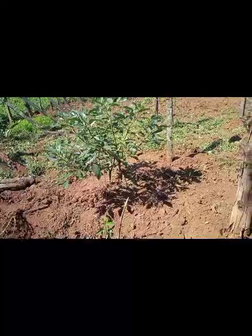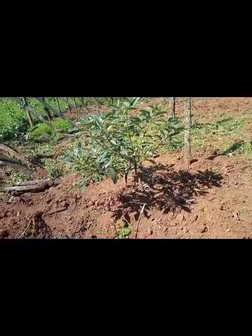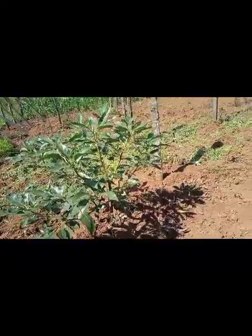And this is my farm. This is about 70 plants, and I want to take you on supporting. We are now at supporting this passion fruit. It is 2 weeks old after planting, and we are supporting. And in my last video,